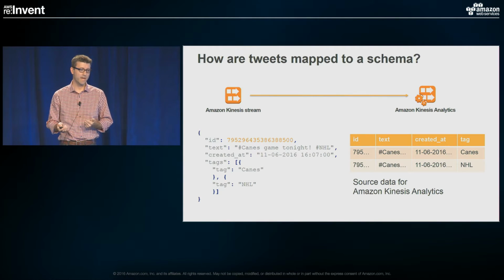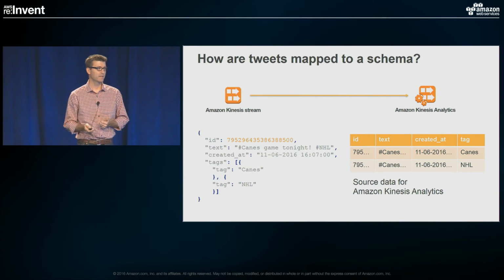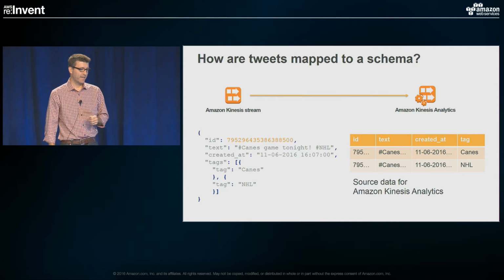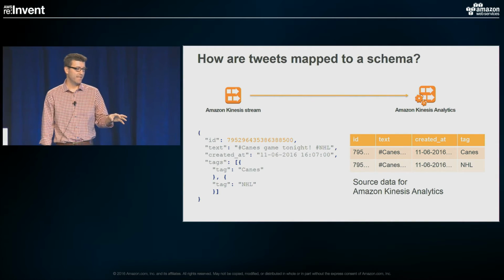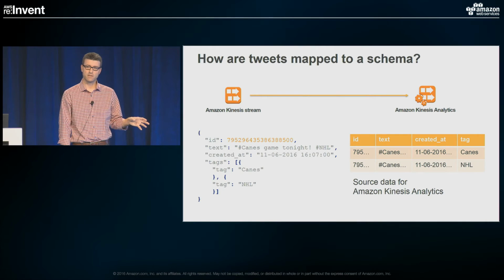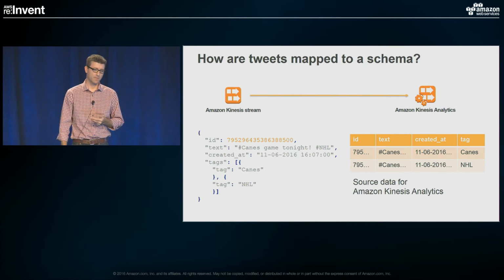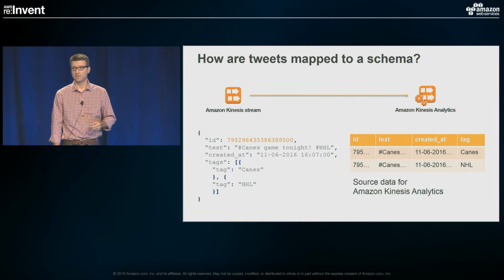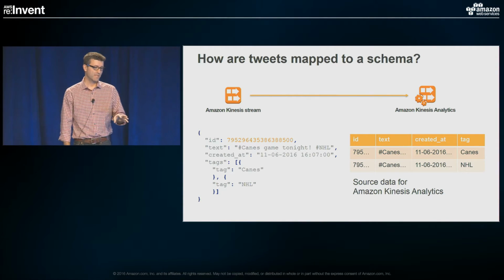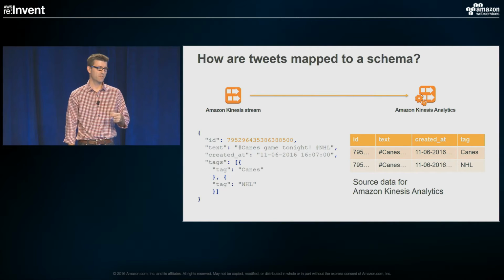I have a column, I have an ID, a text, a created at, and a tag column. And Kinesis Analytics automatically takes the tag array from the JSON and creates it, and it basically explodes it. So we now have 2 rows in my table, one with each tag, and the rest of the data is the same. So this schema was automatically created by Kinesis Analytics the first time it inspected the ingestion stream and